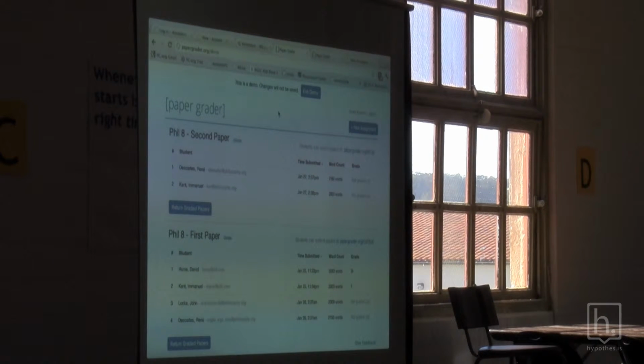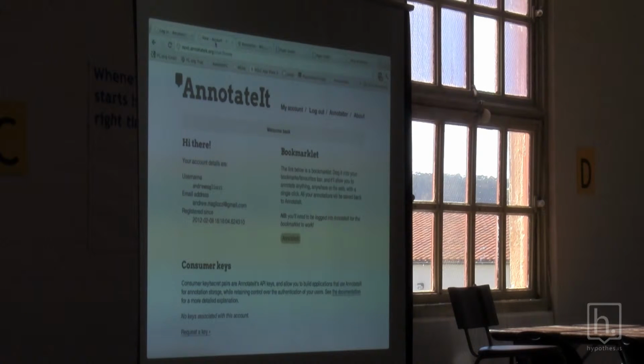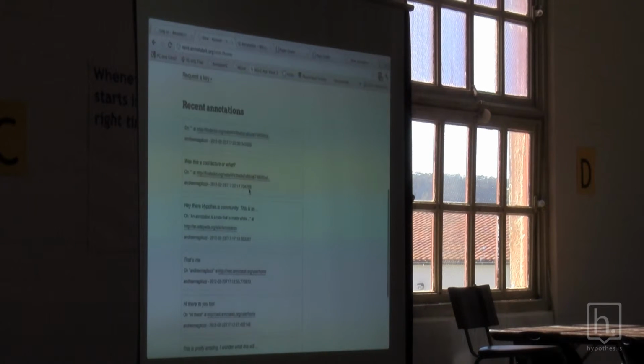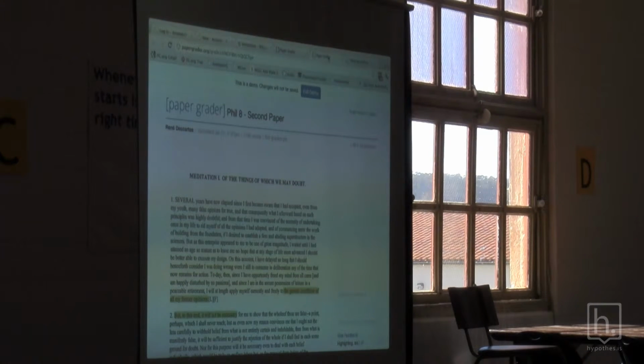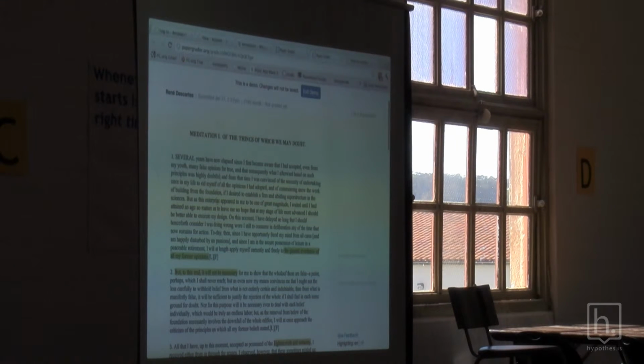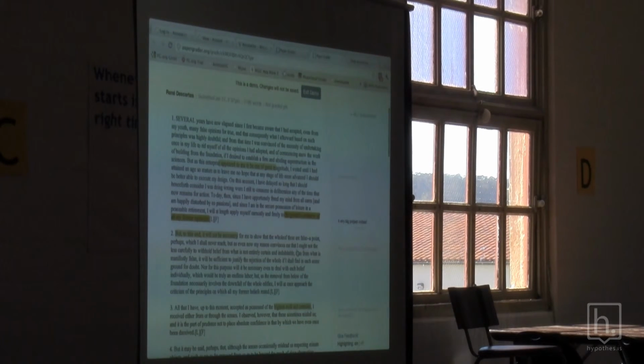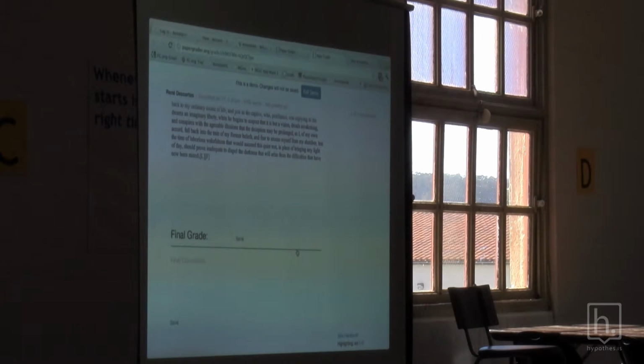So this is a brief demo. He created this whole system, the login, the upload. And literally with 3 lines of JavaScript and uploading jQuery and obviously the Annotator code base to his site, he was able to create a robust annotation system where you can simply highlight any text, add an annotation, and you can get started annotating, browsing other people's annotations, and eventually this site is to give feedback on papers